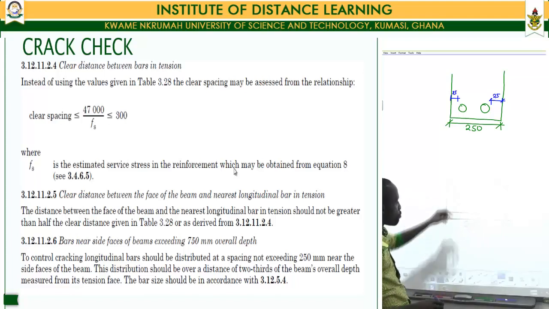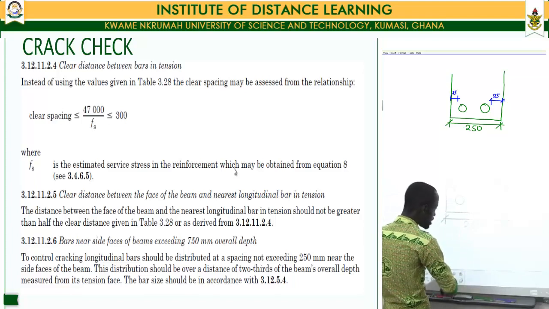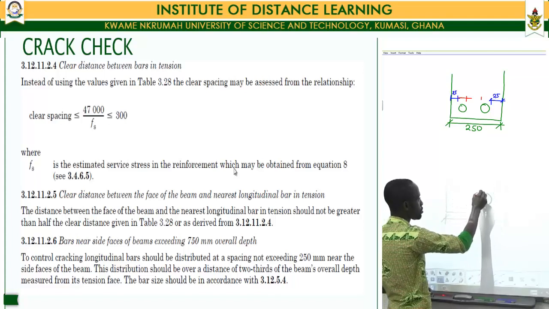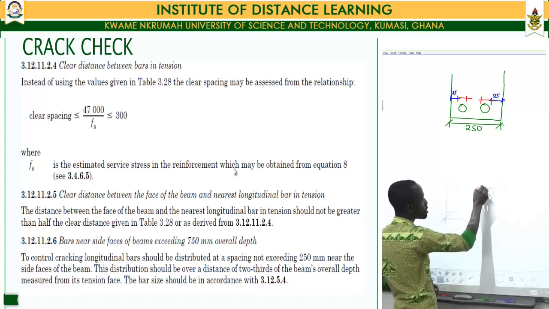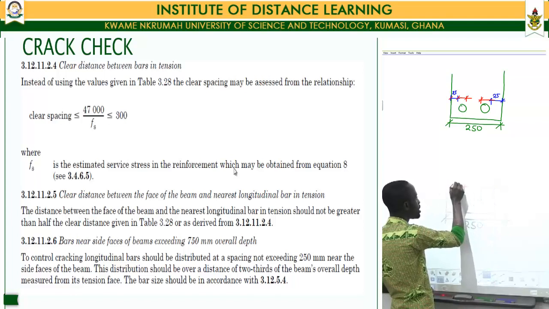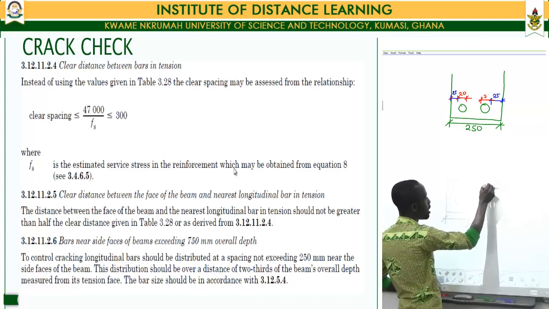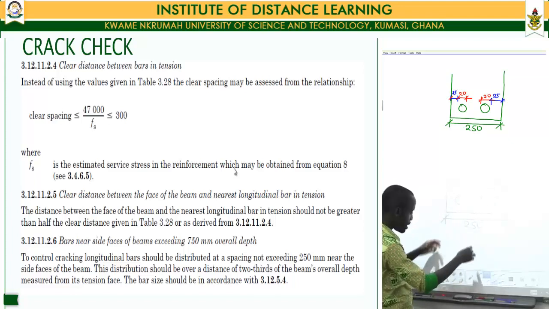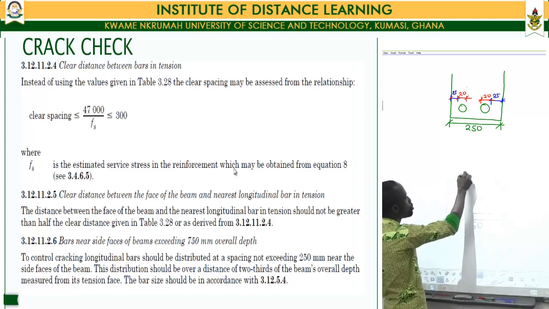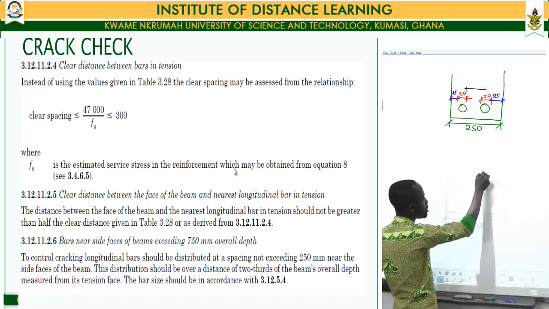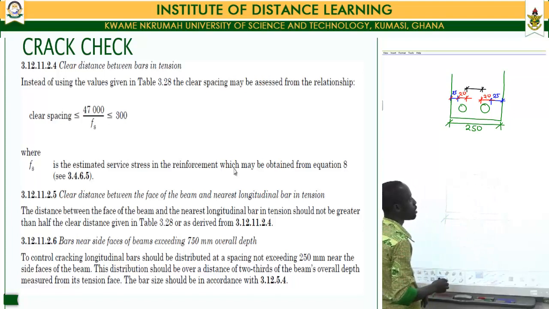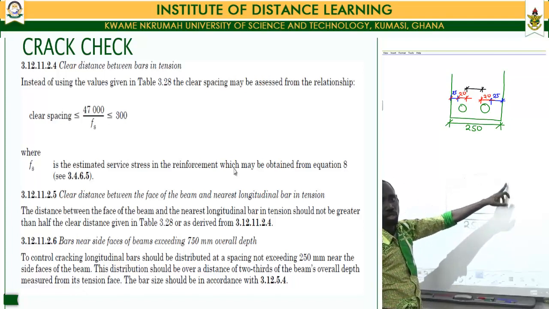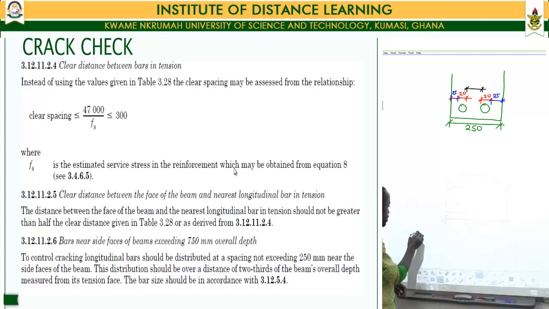Now, we also made use of reinforcement with diameters of 20 mm, 20 to the side and 20 to the side. Meaning that for the space in between the faces of our reinforcement, which becomes our clear spacing, it becomes the 250 less the 25, 20, 20 and 25, in which case our clear spacing